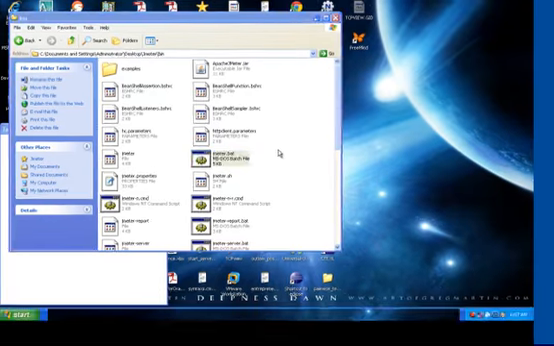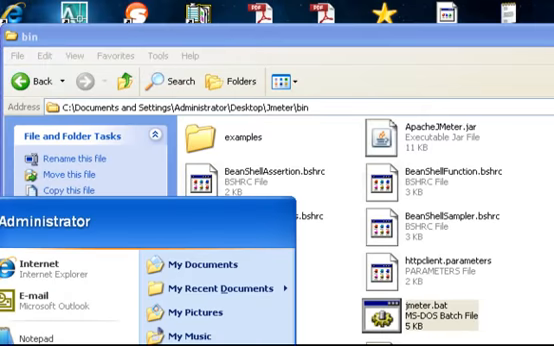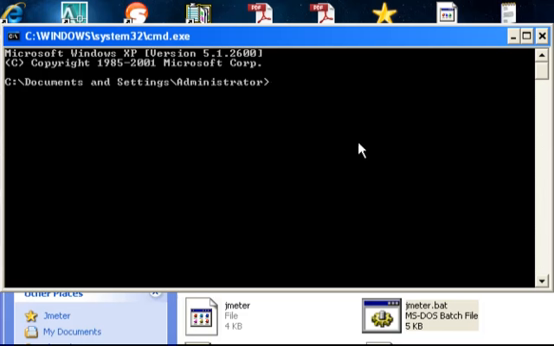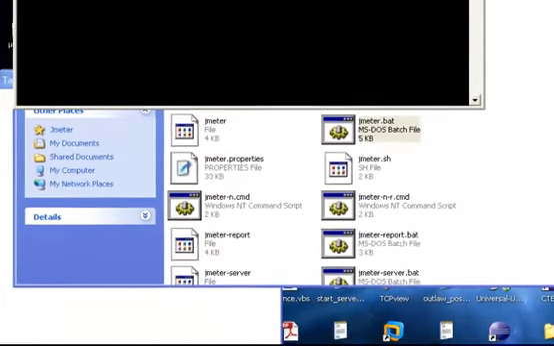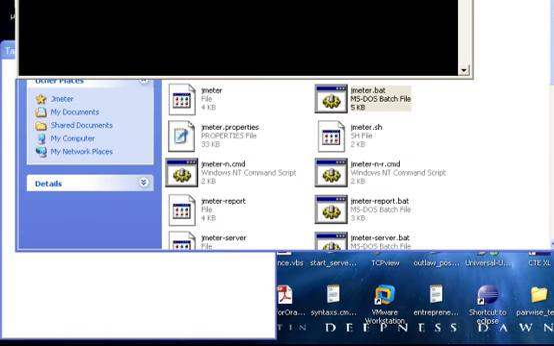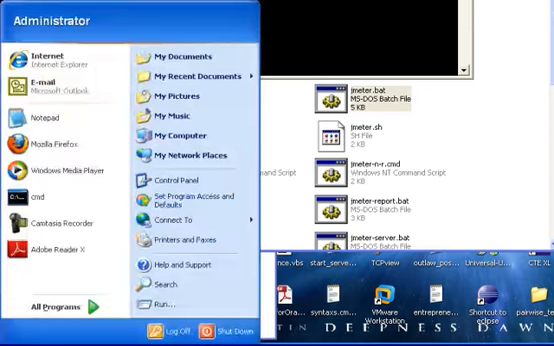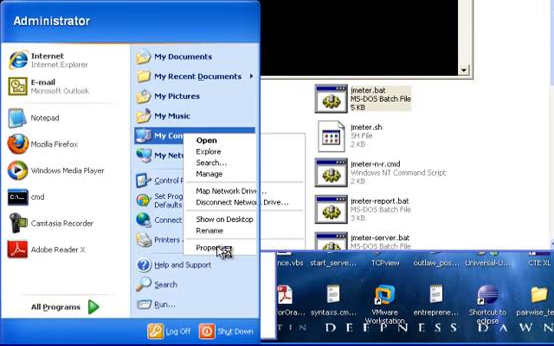in order to do this exercise, we bring up the command window. Right here, you can type jmeter.bat and it does nothing. So we want it to launch when we type that. So what we're going to do is go over here, hit properties,